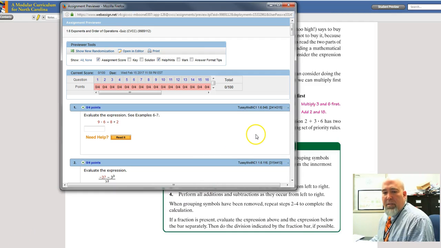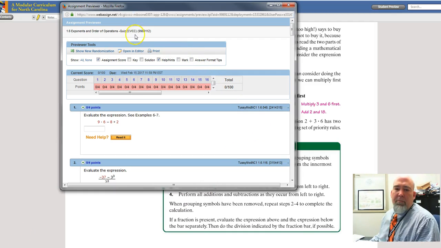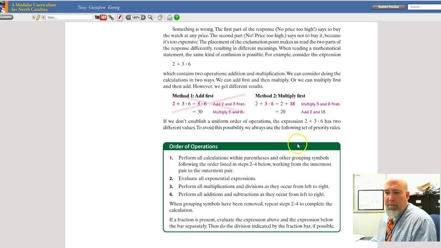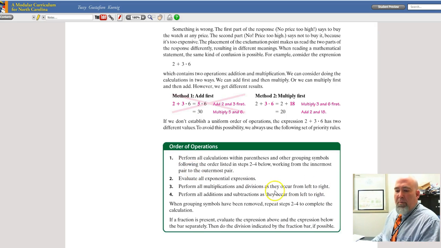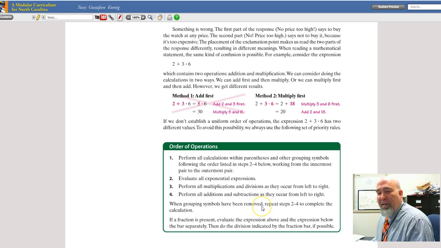Alright, so in section 6, we're talking about exponents in order of operations. In the text, they talk about the order of operations. And here's where you've heard the "please excuse my dear Aunt Sally," or parentheses, exponents, multiplication, division, addition, subtraction. That's just a way for us to remember the rules. But this is kind of a more formal definition of how we are going to go about